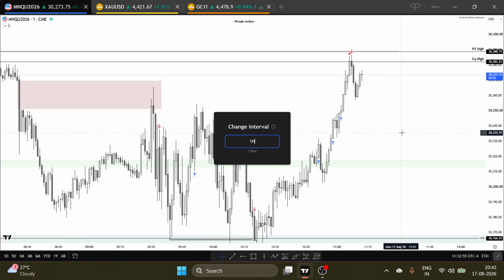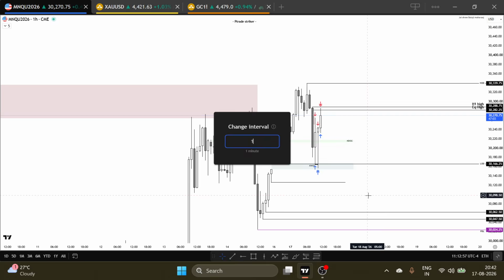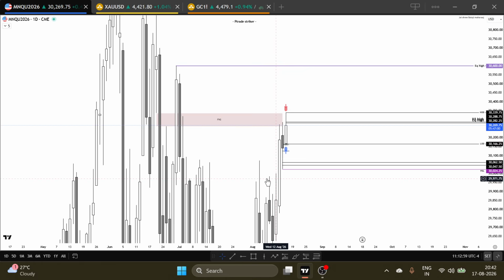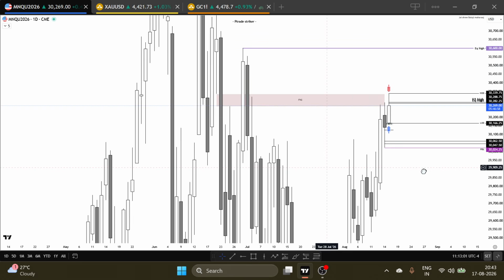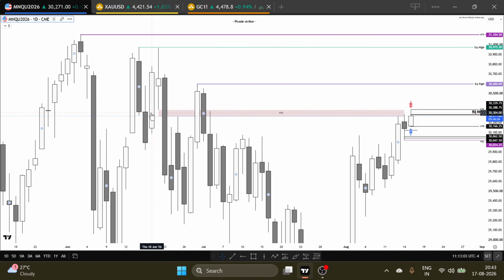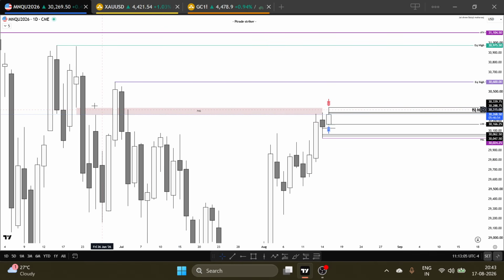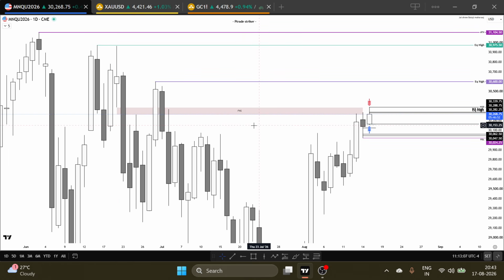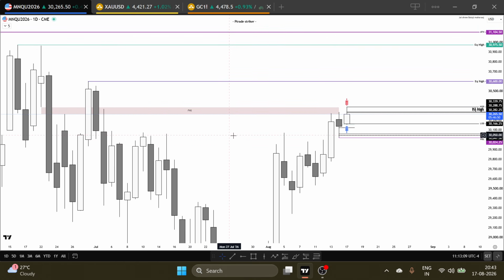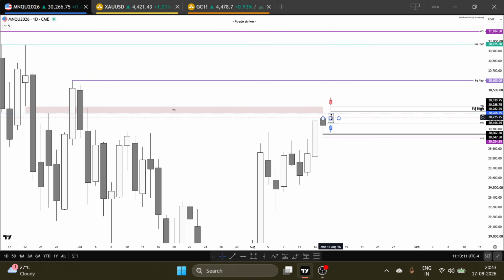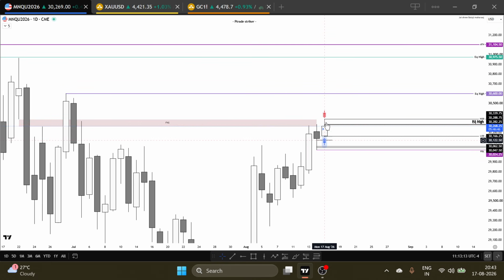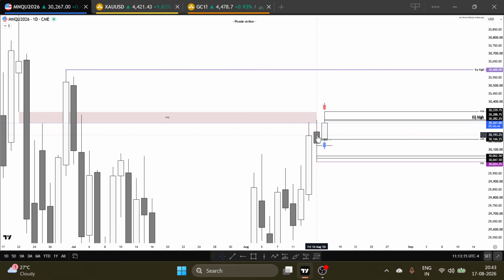So when you check the daily time frame, here you can see this is the daily time frame. On the left hand side, we have this inverse fair value gap, right? So price may respect this fair value gap and start pushing down, because the previous candle close swept the previous candle high and it closed bearish, right?